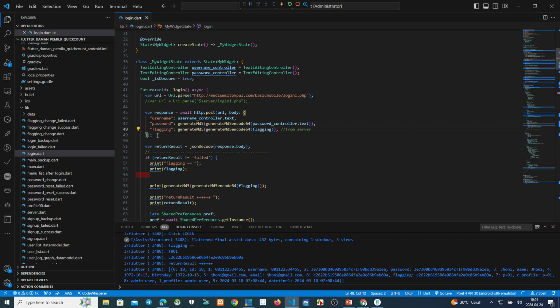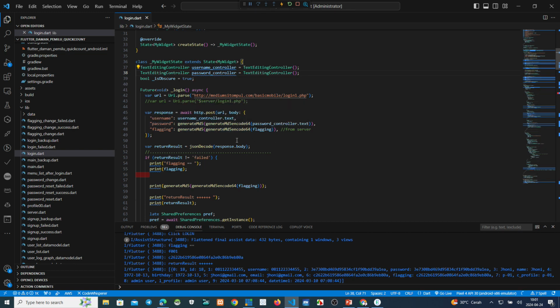And then password and flagging, we make encrypted in 3 layers. This one, yeah, up to you. You can make 1 layer of encryption. At this moment, I encrypt this password parameter 3 times.